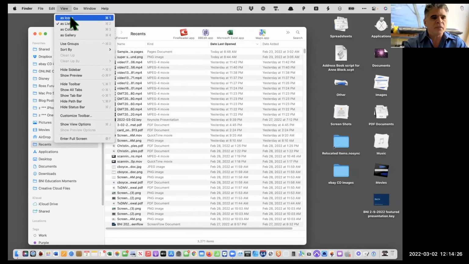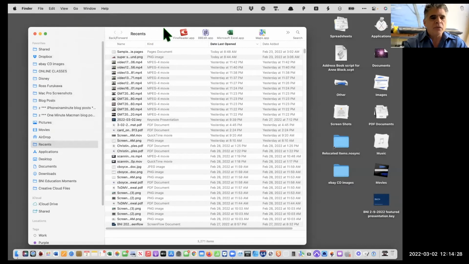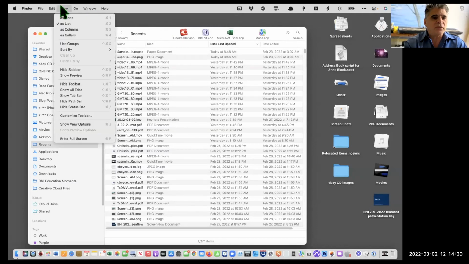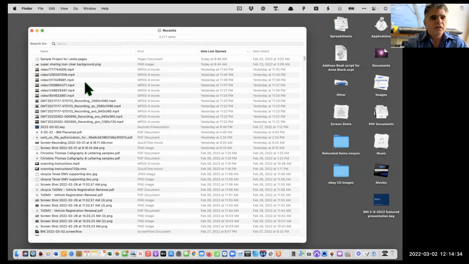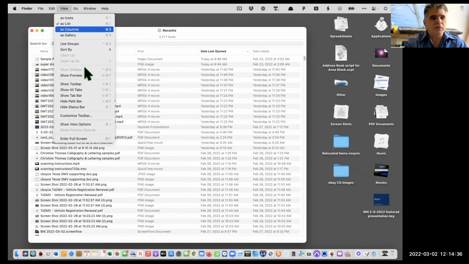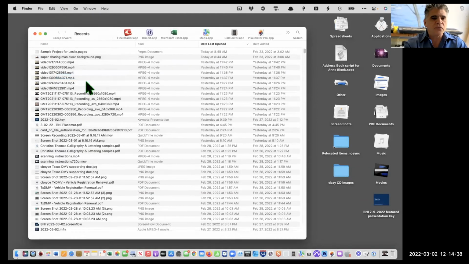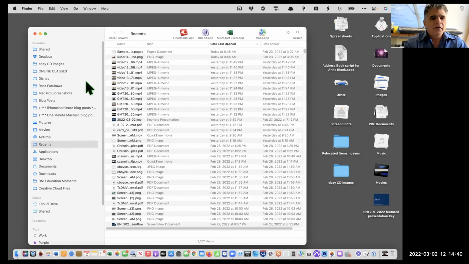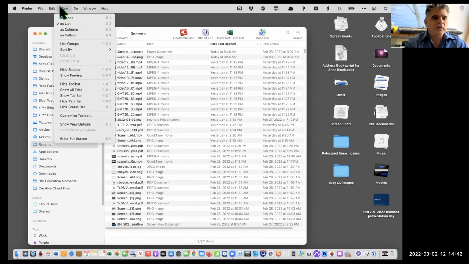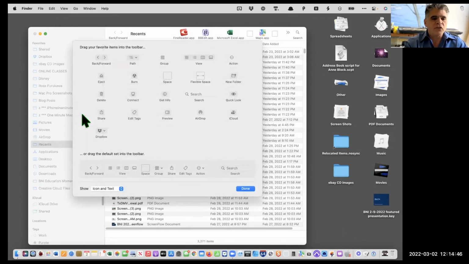If I'm in any view, this bar should be here. If it's not there, it's because the toolbar has been hidden like this. And you don't want to hide the toolbar. You want to show the toolbar. So once the bar's there, you can do all kinds of things, including customize this toolbar. I'm going to try to make my toolbar look the way it used to look. I'm going to grab the default set of tools here,